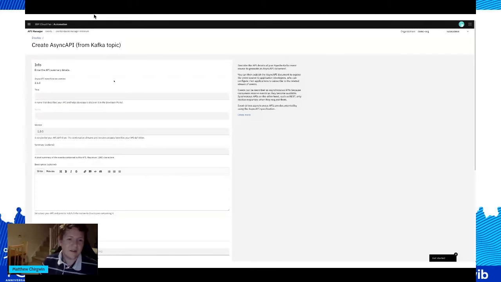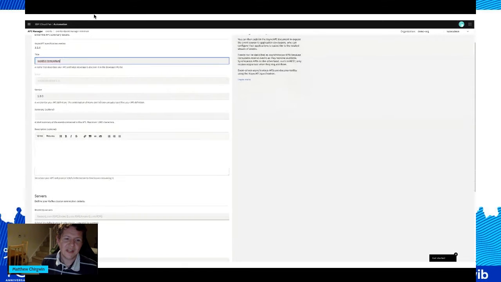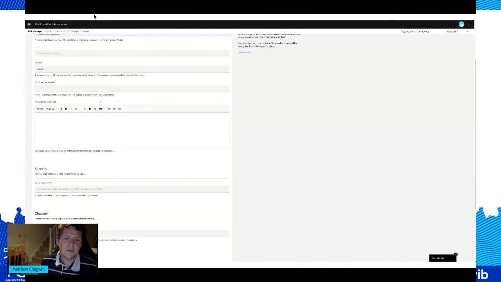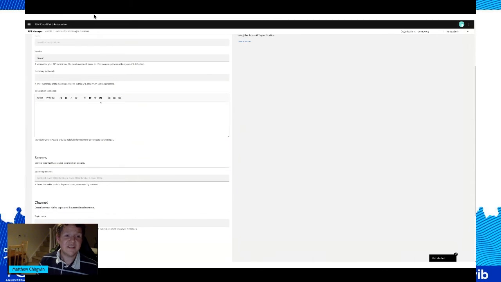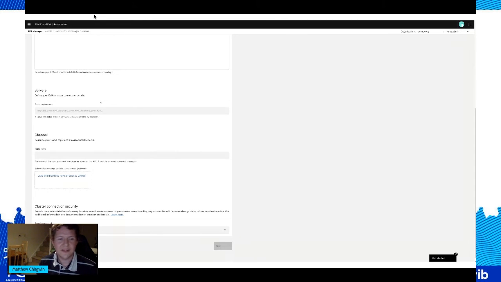We call out our key fields, we call out things like summaries and descriptions, which are important to provide context for what this cluster is and the information it contains. But we also try and take the opportunity to introduce AsyncAPI concepts and the mental model of AsyncAPI as well, to try and educate and assist her in getting up to speed with AsyncAPI.